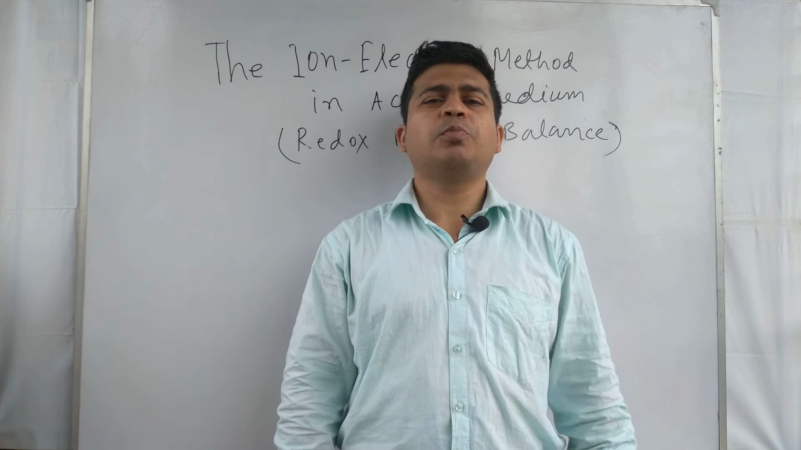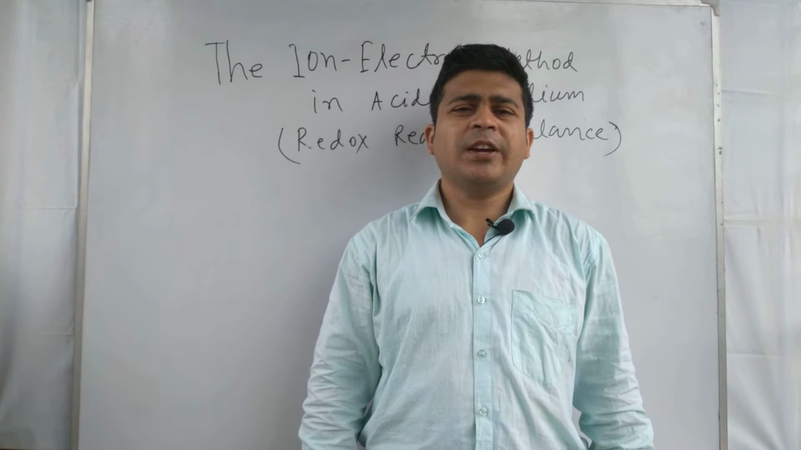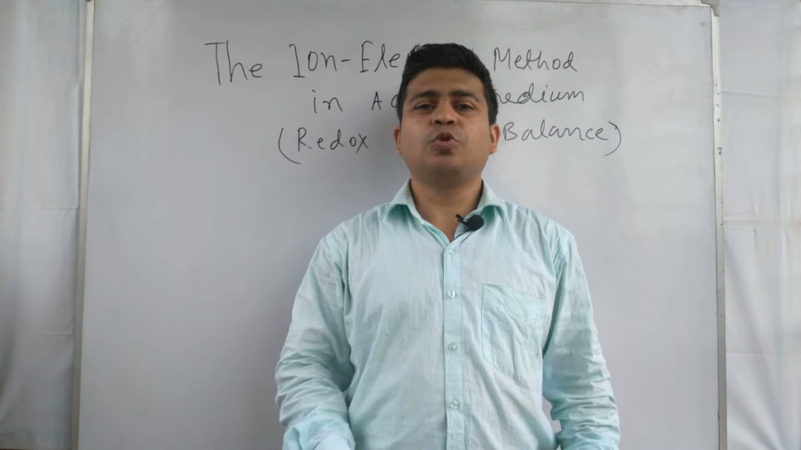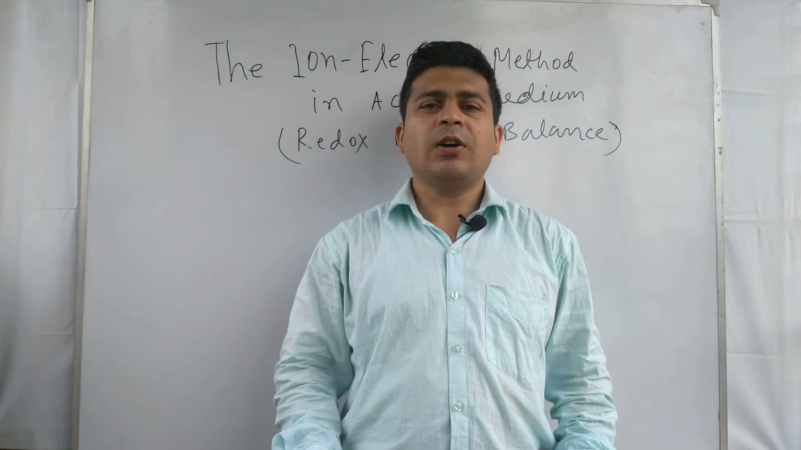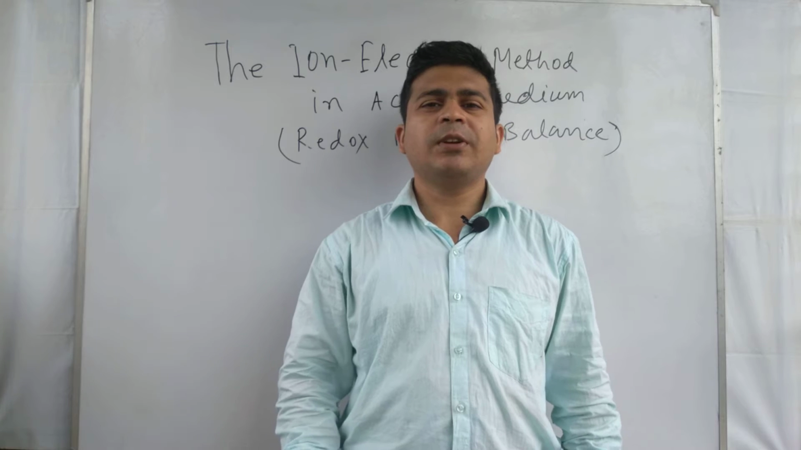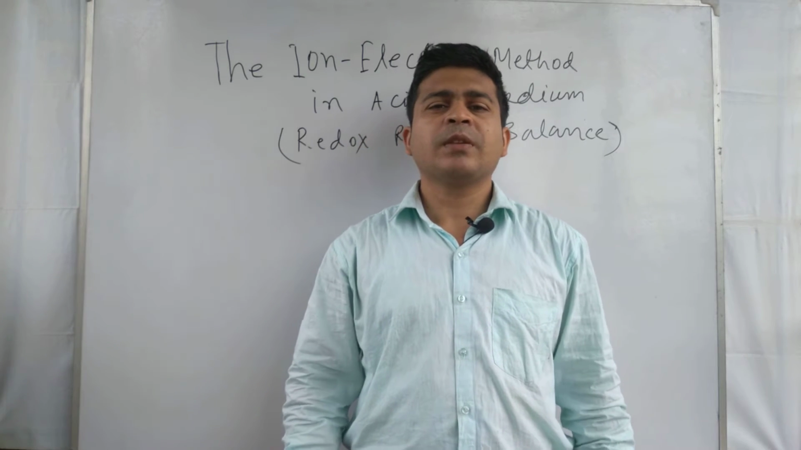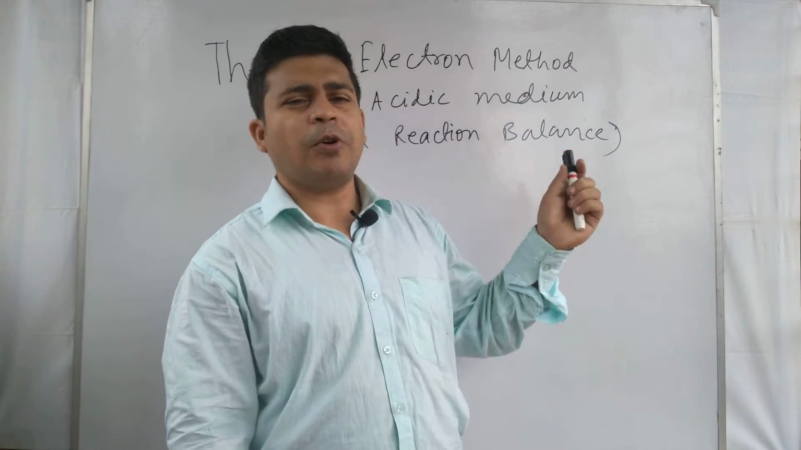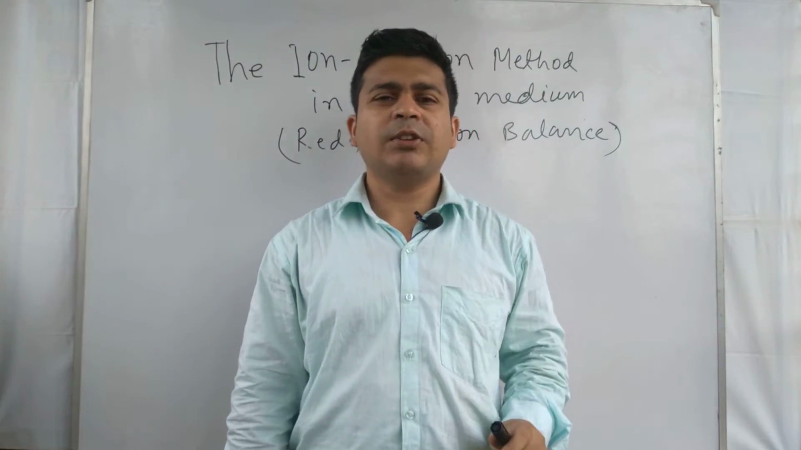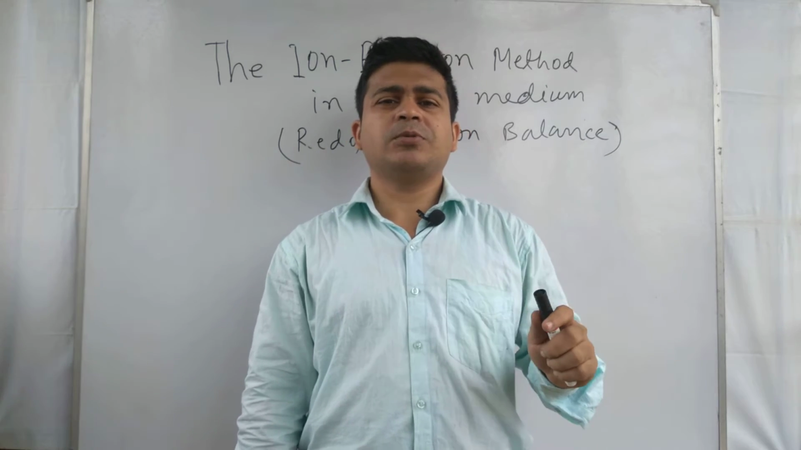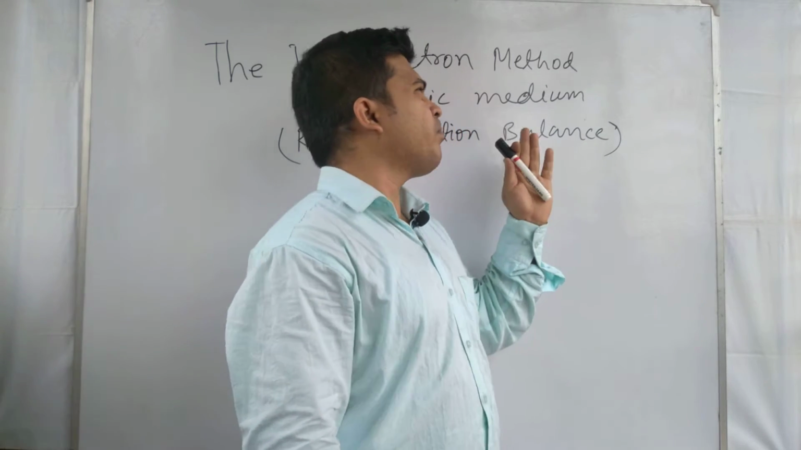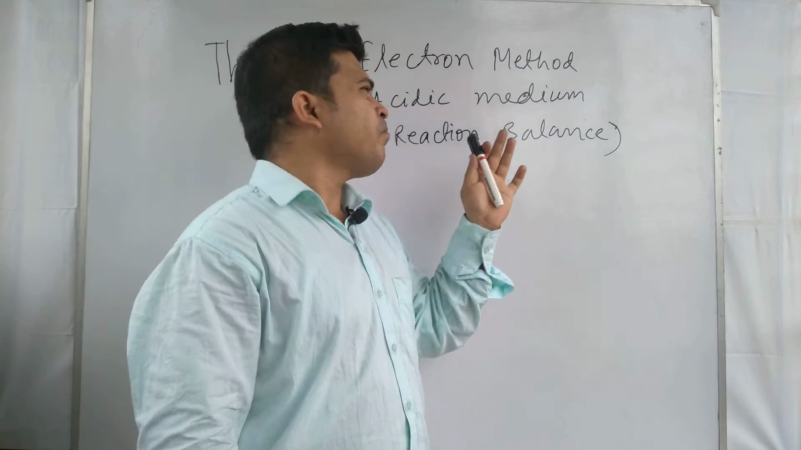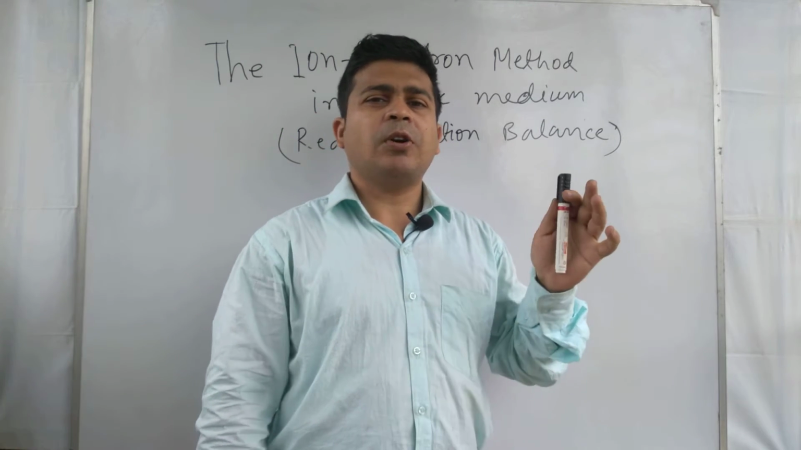It is how to balance a redox reaction by ion electron method. This generally happens in two media: one is acidic medium, another is basic medium. In this video lecture we discuss more about redox reaction balancing by ion electron method. This is our topic, in which we make a clear discussion of the ion electron method for balancing a